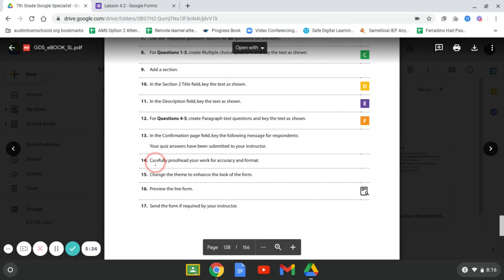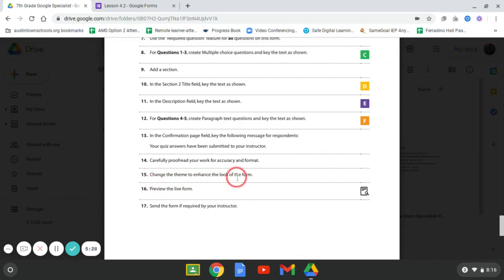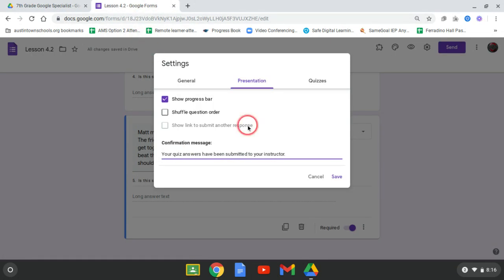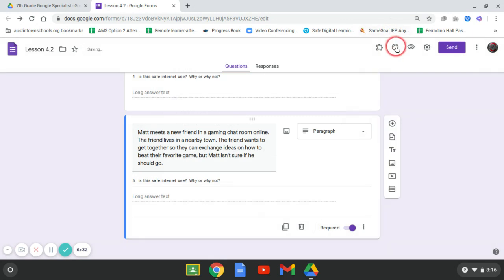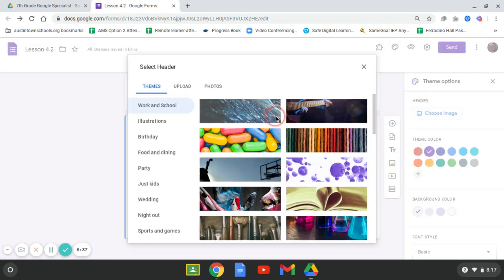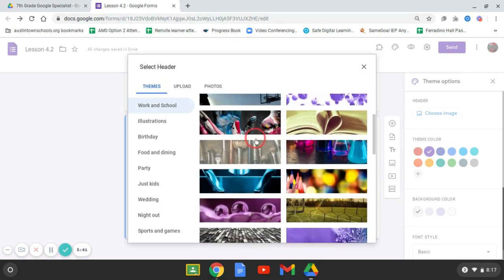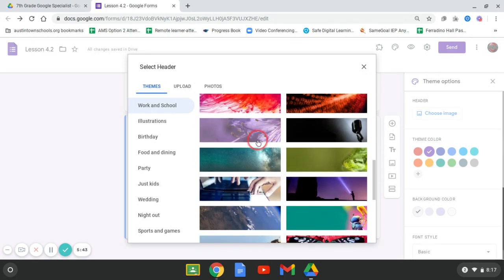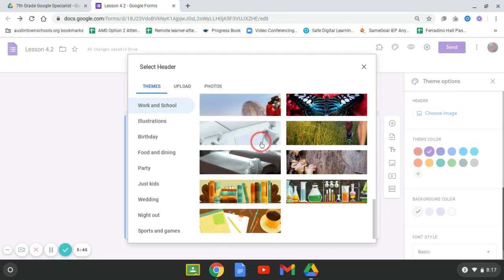All right. So carefully proofread to make everything correct and accurate. They want us to change the theme to enhance it. Okay, so we're going to save that. Come back up here to the theme. We're going to choose an image. Let's see if we can find something about, looks like the internet or something. So you can just scroll through all these. When you find one that you like,